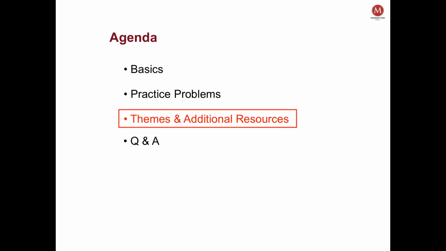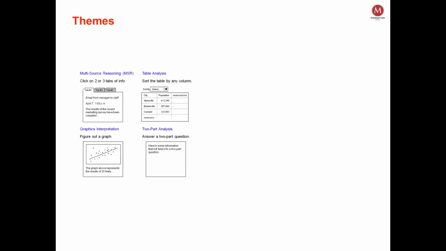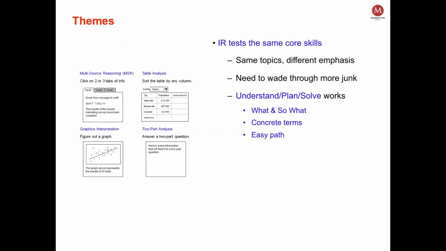So with that, I just wanted to make sure that I leave time for questions at the end. So let me just show you a couple of my thoughts here. Things to keep in mind: don't be panicked by IR. It really is designed to test the same core skills that the GMAT overall tests. Same topics, but the emphasis is different. We're looking at real-world data. There's much more of a focus on percents, fractions, reading charts, reading graphs, things that you actually would do in a case study rather than creative little games with number properties and combinatorics. The general universal problem-solving strategy works really well here.